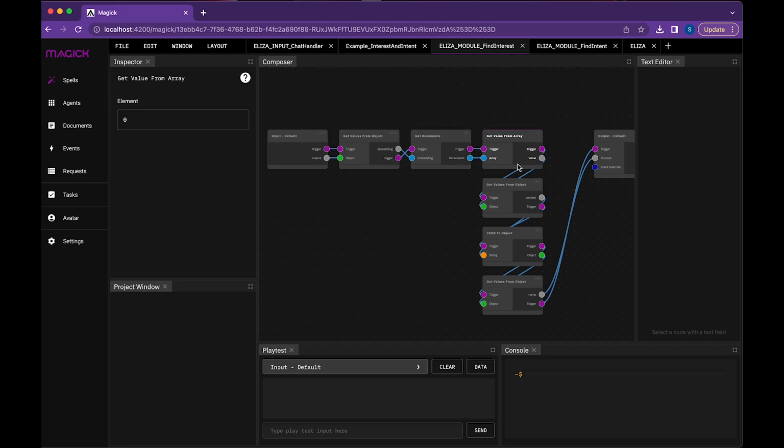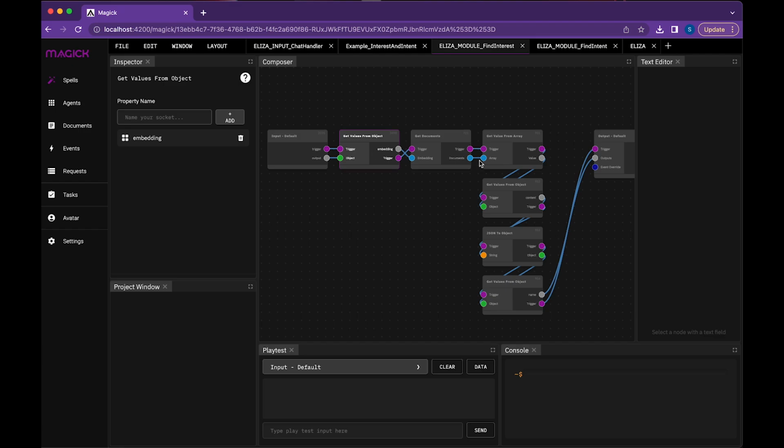you can see I'm getting a value, getting an object from the value, converting it to JSON. It's a lot of one line of code things that we have to do to transform the documents. So we get the input, and the input here is an event which contains an embedding, right? This find interest is actually inside of this chat handler, and it's getting passed the whole event. We are going to get the embedding out of the object that's coming in,